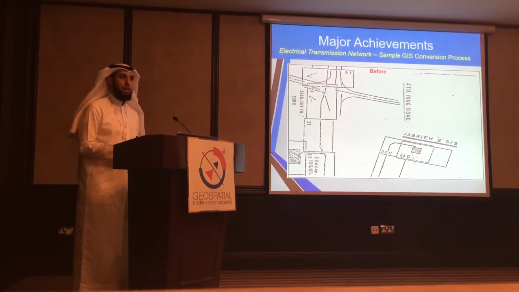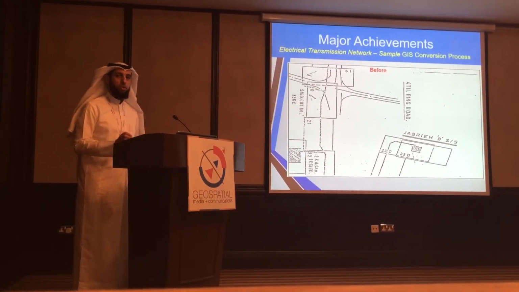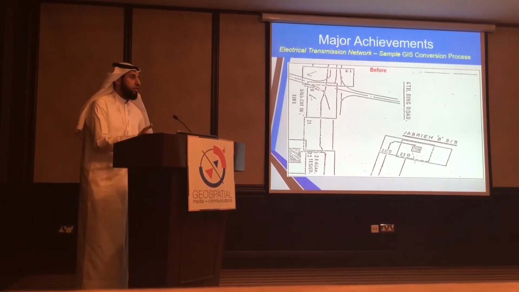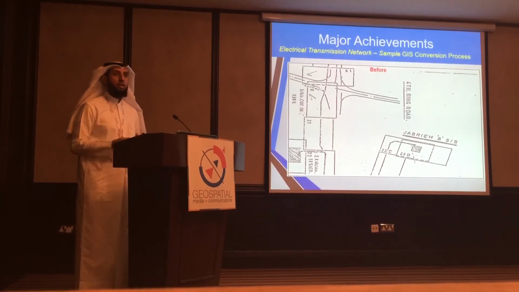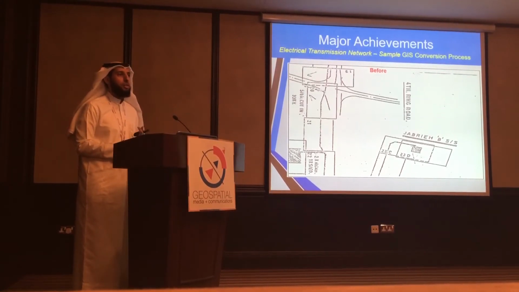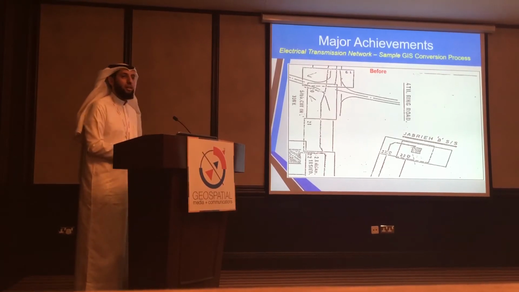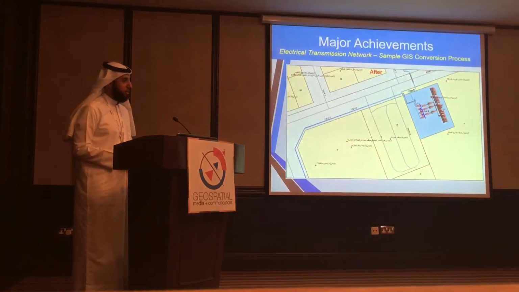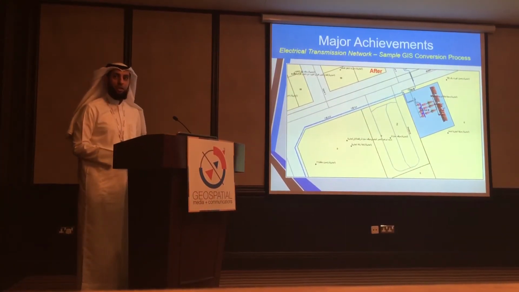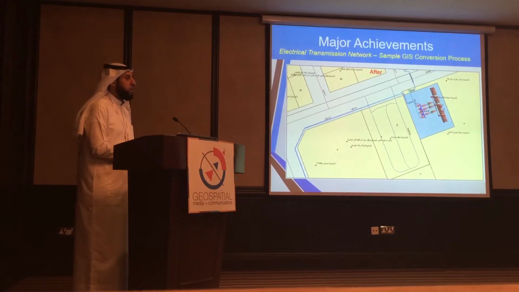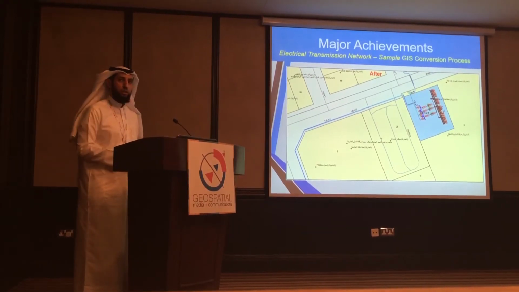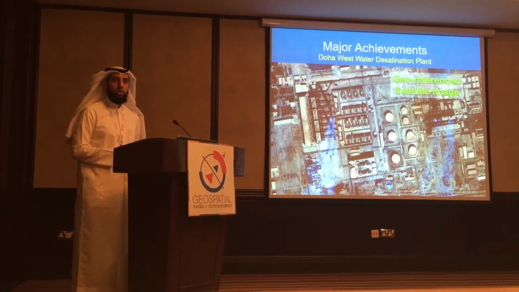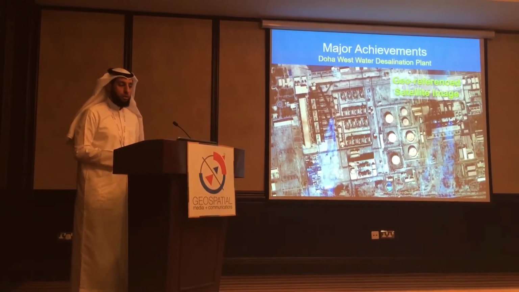And here, before and after for one of our assets on the transmission network, which is the primary substation, one of our primaries. This is the older drawing, as you can see. It's not georeferenced. It doesn't show the exact location of the primary, or even the exact routes for the underground cables. And here, after the GIS, you can see the exact location of the primary, georeferenced. You can see the exact routes for the underground cables. Also, you can use different tools, smart and powerful tools from Esri or ArcFM,